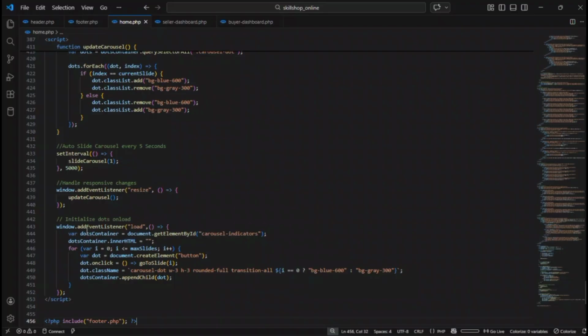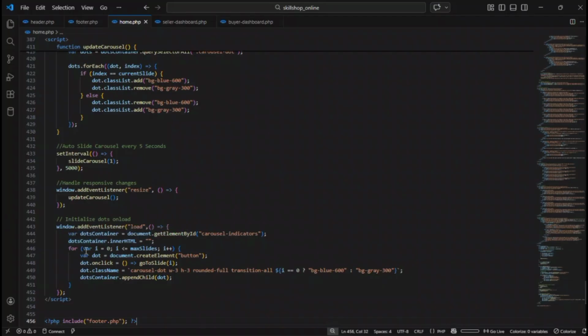We have the variable dots container that is assigned to document.getElementById, then the ID carousel indicators, and here dots container innerHTML, then the value. So here it means first clear all the dots, then create the dots dynamically